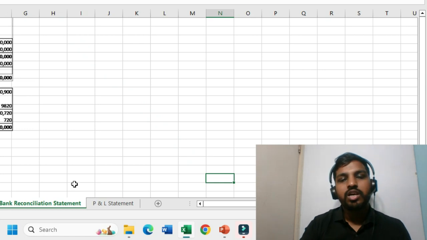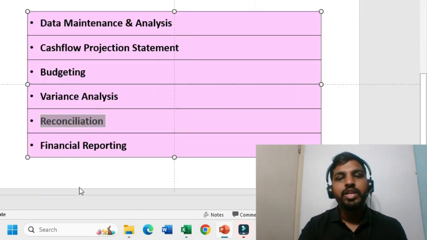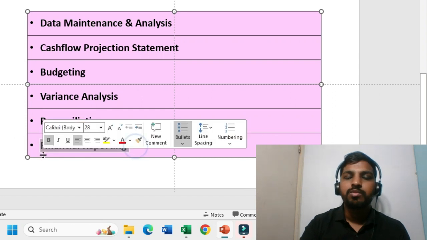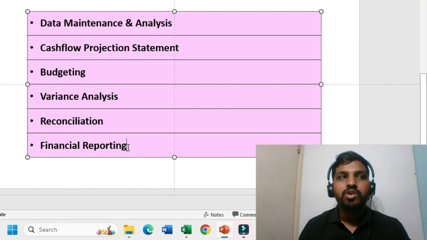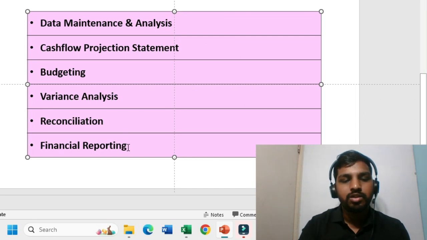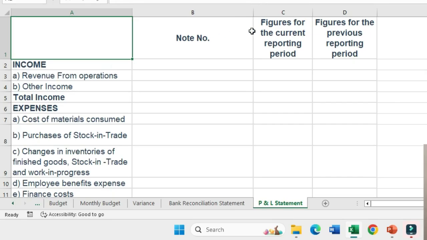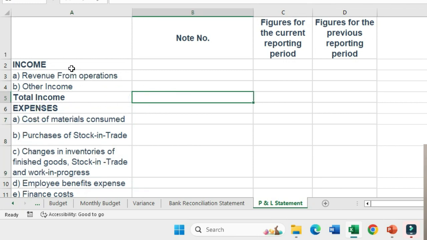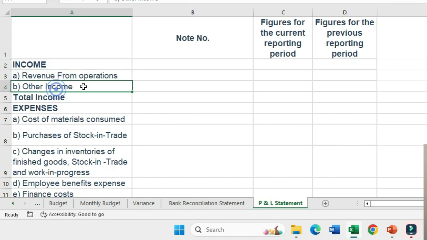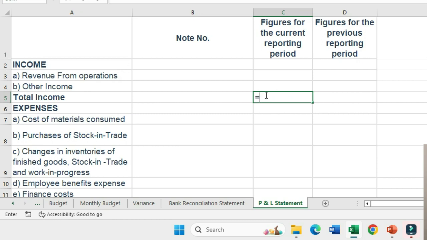Now we'll move on to the last use case, which is preparing financial statements or financial reporting in Excel. Friends, we know that there are multiple formats like profit and loss, cash flow statement, or balance sheet, which form part of financial reporting. And this is how a profit and loss statement is prepared in Excel. So there will be income heads, then there will be expense heads. Here you will use a total formula wherein you will add A and B. So, like this, is equal to sum